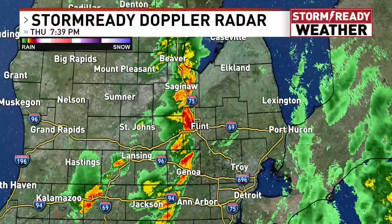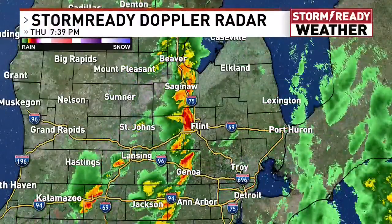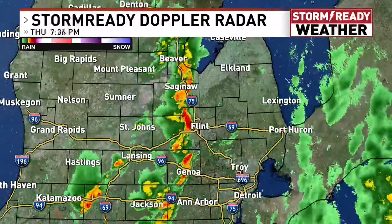I'll show you what it's kind of looking like right now. You can see that I just turned on our watches and warnings, even advisories or statements. Nothing is popping up. So we're not necessarily worried about stronger thunderstorms, but a couple rumbles of thunder, flashes of lightning that you can see along this line will continue to potentially bring some of those dangerous lightning strikes. But outside of that, we are going to keep things sub-severe, and they are moving into a little bit more